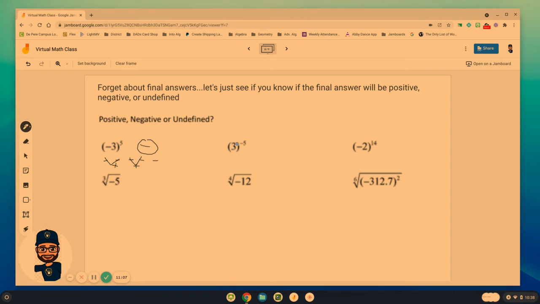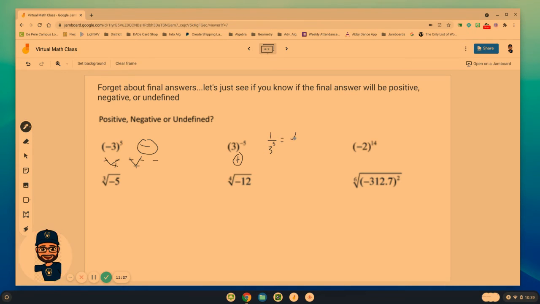That's why the odd will always give you a negative here. Whereas if I take 3 to the negative fifth power, what do we think? Is that positive, negative, or undefined? It's actually going to be positive, and let me try and show you why. What's the rule with negative exponents? We move it to the bottom,